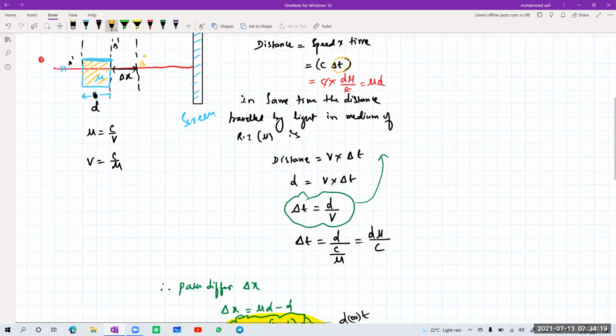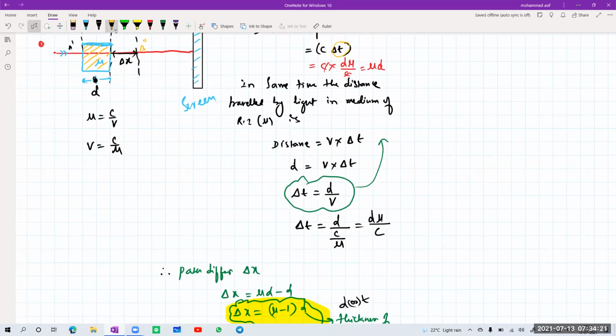Let me still simplify this one. Delta t is equal to d by v. Now how do you calculate the velocity? We have the refractive index formula. If you have studied ray optics, you will have an idea. Refractive index means speed of light in vacuum divided by speed of light in the medium. So mu is equal to